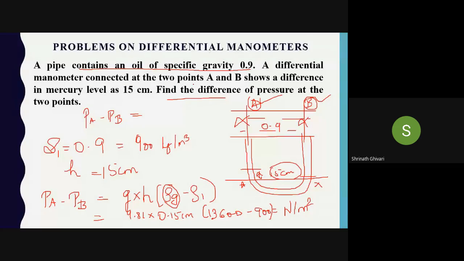So this is the way we are solving the problem. We have to find the difference of pressure. If, for example, it is the ratio of pressures PA and PB, what will be the unit? Unitless, correct. But here it is the difference of pressure, the difference of force per area. Okay, it is no use explaining to you. Now look, 10 centimeter minus 5 centimeter, how much is it?